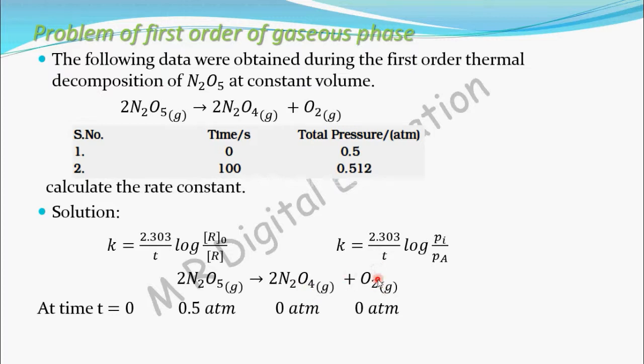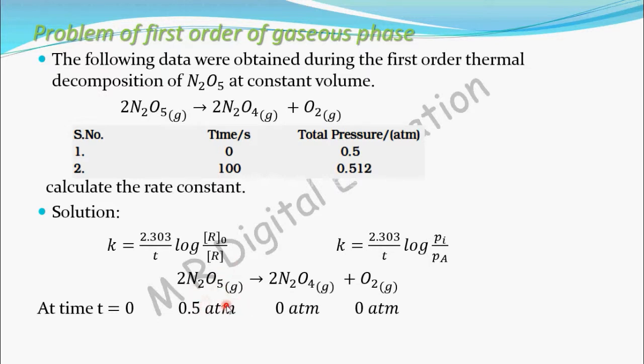Pressure with respect to O2 is the partial pressure of O2. Total pressure means the sum of all these products and reactant. Now you got the meaning of partial pressure and total pressure. At the beginning this total pressure corresponds to reactant N2O5 only, so the pressure of N2O5 at the beginning is